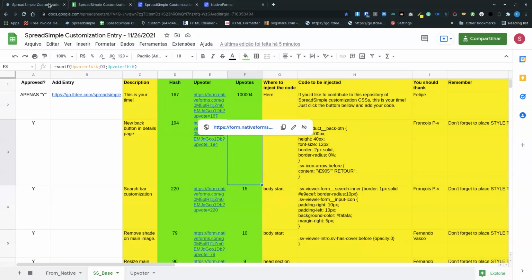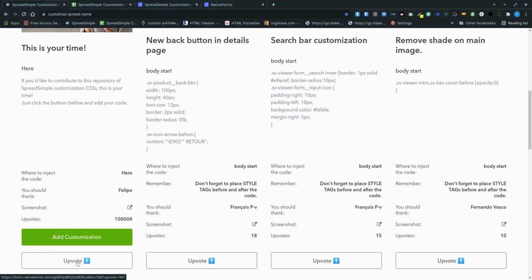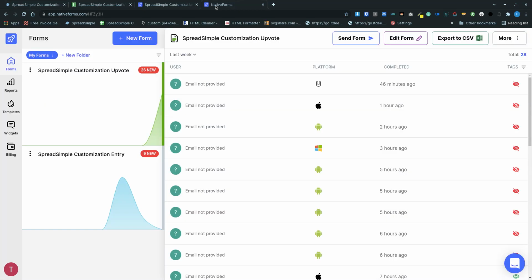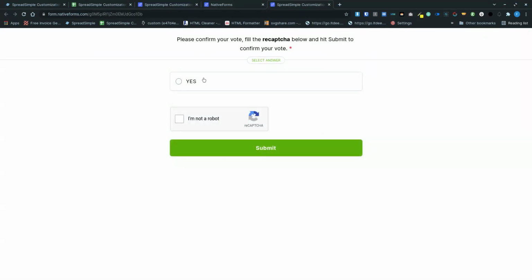And I decided to go with native forms again because it has reCAPTCHA. So what I did is that I created a form. So here it is. Let me show you. I'll open it in another sheet. The user must answer one question for the form to be able to be sent, and here he must select this yes. And then there's this reCAPTCHA that must be clicked for him to submit. But note one thing, this is a generic form and would not identify